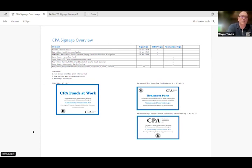Again, it's still a little bit rough. Probably would space it a little bit better, but the idea with the temporary signs is to have it be CPA funds at work. And you can hopefully read, I don't know if you can zoom in anymore, but it basically says, the project is funded by the citizens of Berlin in the Commonwealth of Massachusetts through the Community Preservation Act. And then, preserving and protecting the quality of life for our community. And then our